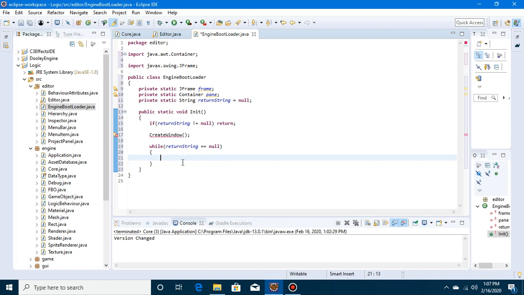And the reason for that is we don't want the game or editor window to pop up until we have a string to return. And that's how easy it is. It's very simple. And to do that, right here we can say try thread